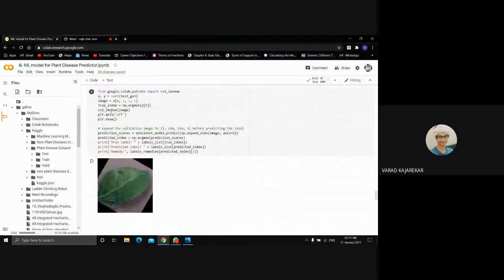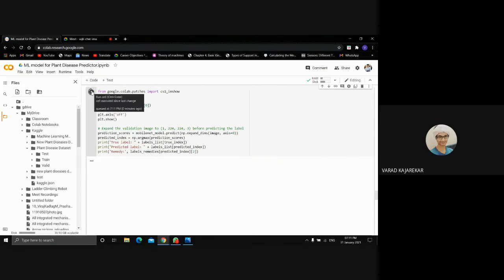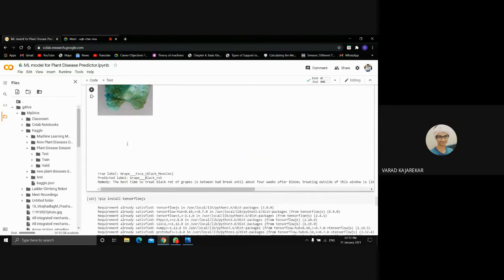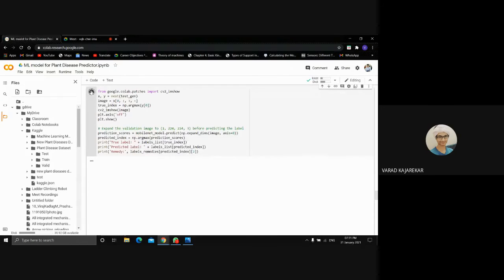Okay, so now coming to the actual implementation of how our model would be working. After running this, we can see an image and its true label.